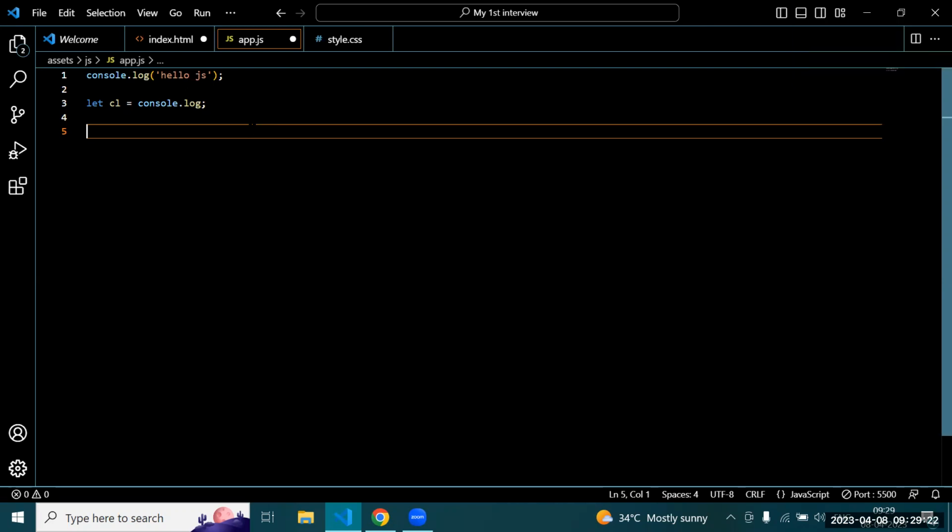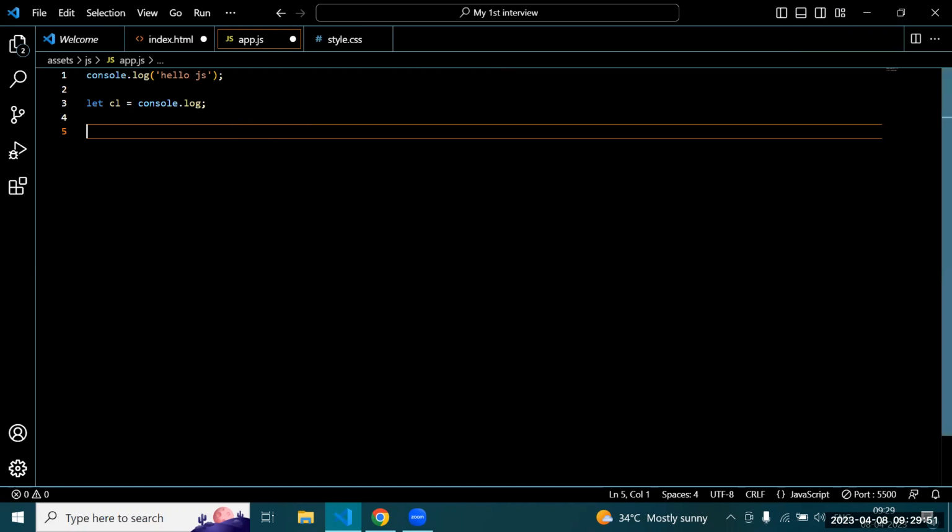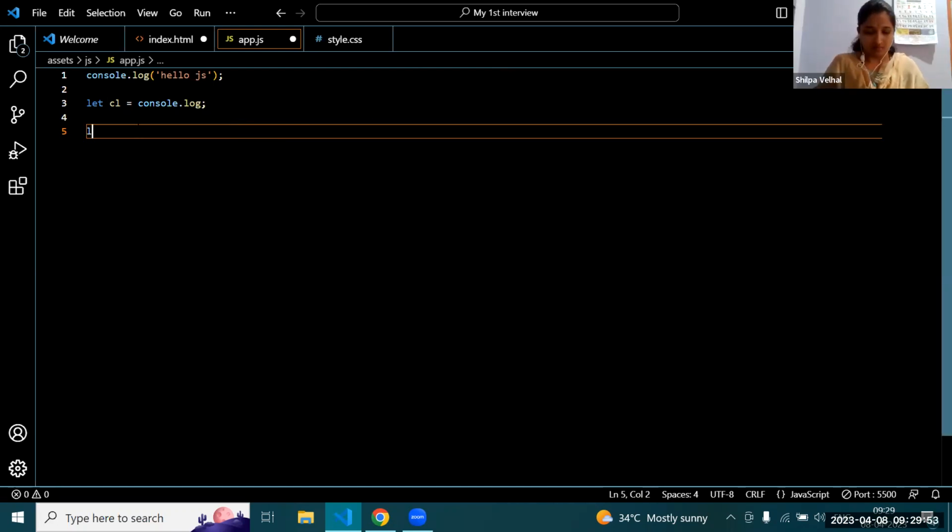And what is the difference between undefined and not defined? Undefined means, sir, when we declare a variable but the value is not assigned. And not defined means we don't declare a declaration. The value is not there, sir, because we don't declare a declaration. Can you give me an example? Yes, sir.